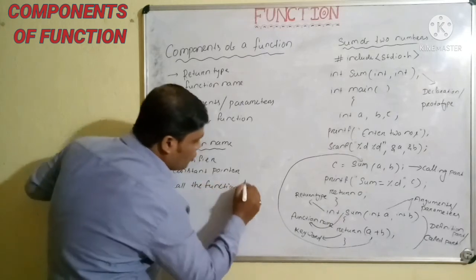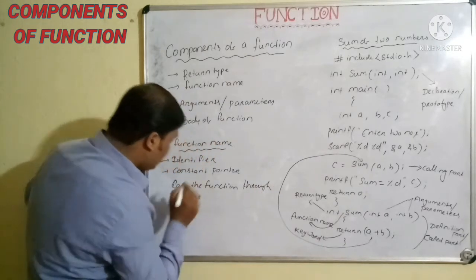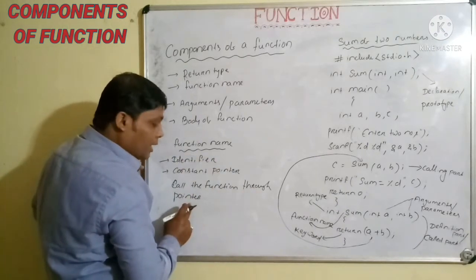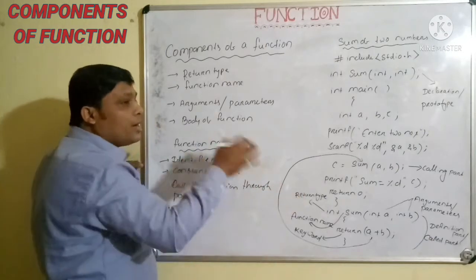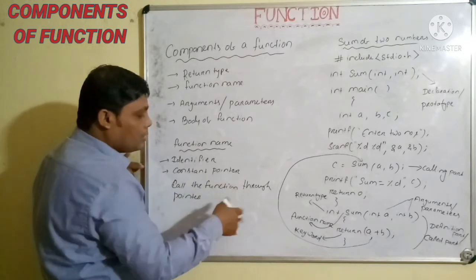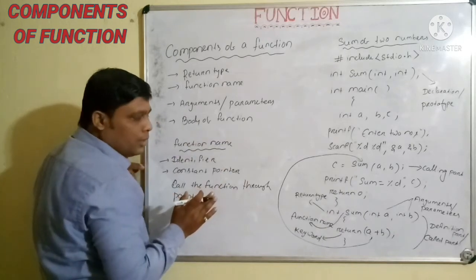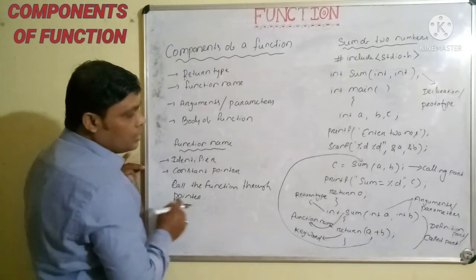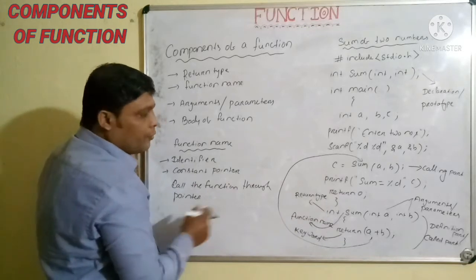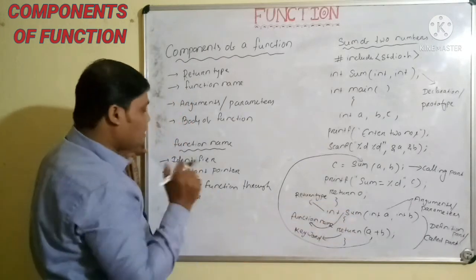Clear? So when we are calling one function through a pointer, at that time this function name gives the address location to the pointer. We'll discuss this constant pointer and calling a function through a pointer in the pointer chapter. You just remember it for now. It's a constant pointer. It's an identifier. It follows the rules of identifier. Identifier means name.